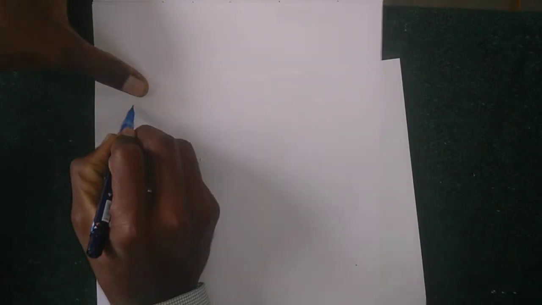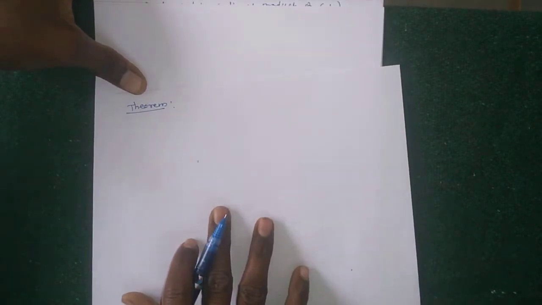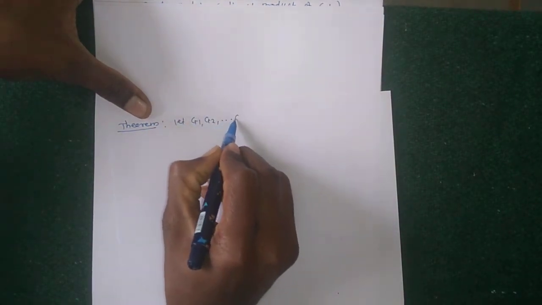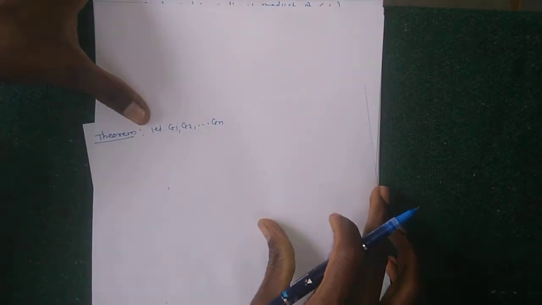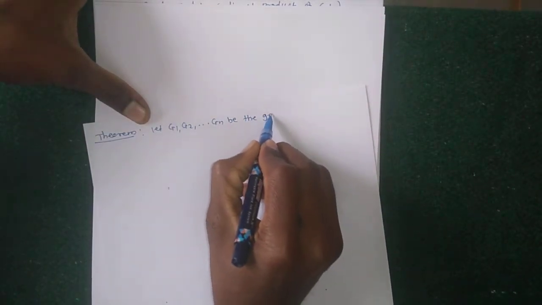Today I am going to discuss some theorems of direct product. Okay. So, theorem: Let G1, G2, up to Gn be groups